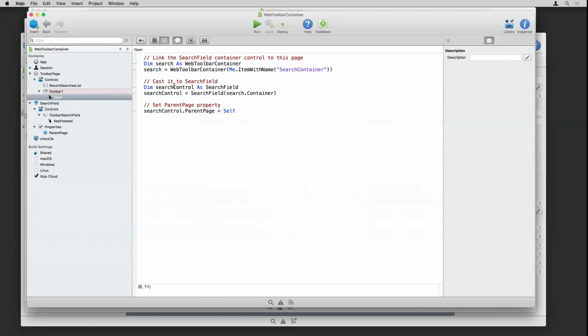And then I'm getting the search field, which is the container that's on that toolbar button, because it's a container toolbar button. And then I can set its parent page property just to the web page itself. That kind of hooks all that up so that things can access what we want them to access. So with that in place,